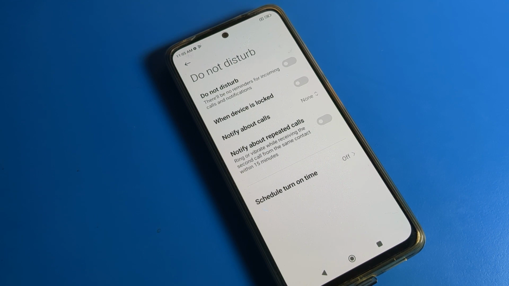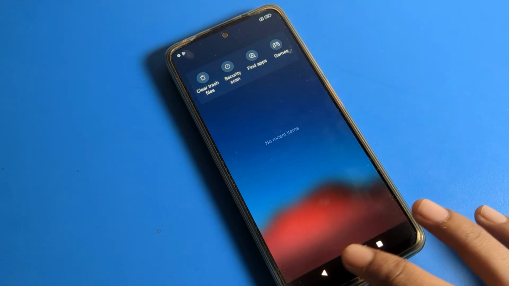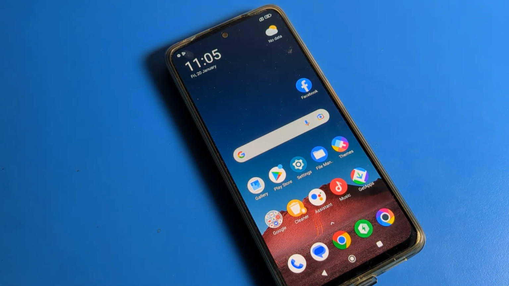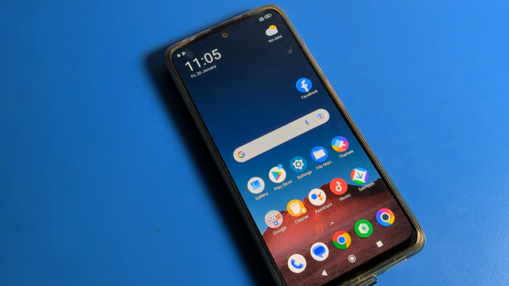Today, friends, we are going to talk about Poco phone settings, and today's video title is how to turn on and use DND mode, meaning Do Not Disturb. How to turn it on in a Poco phone device and how to use it. Friends, if you don't know what DND, or Do Not Disturb, is, today I am going to show you how to turn on and use Do Not Disturb in a Poco phone in this